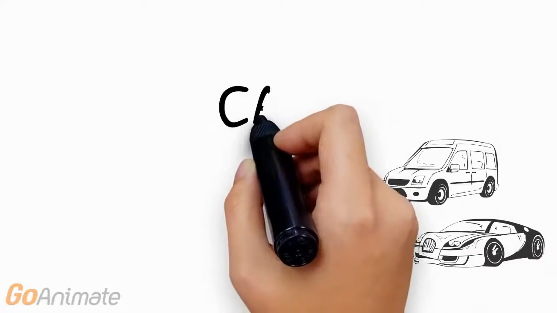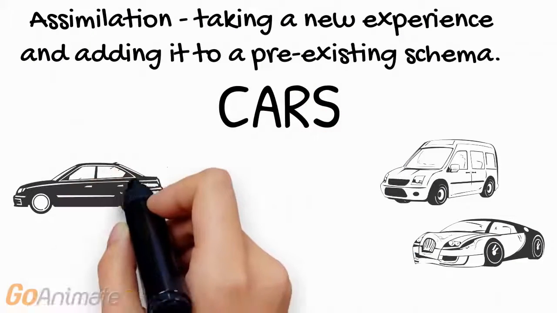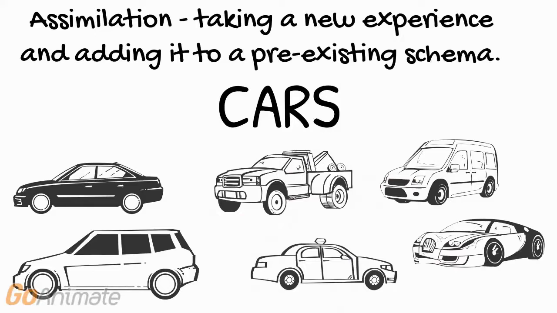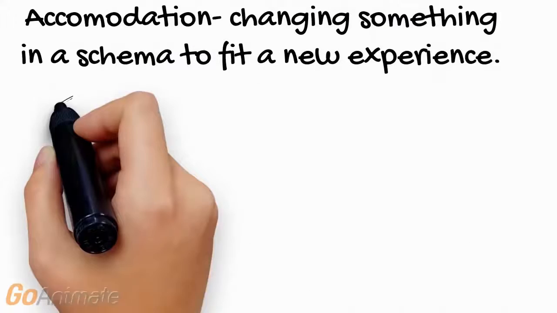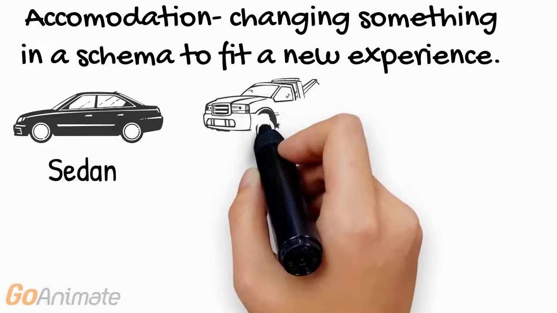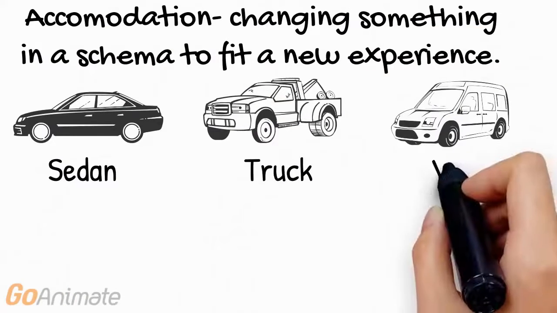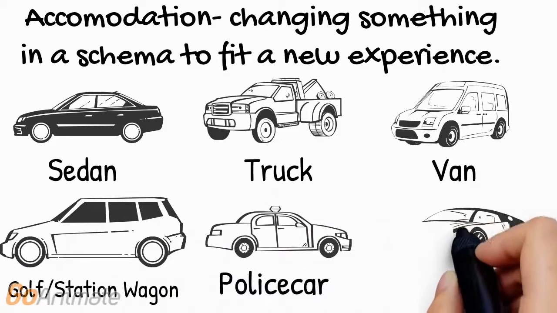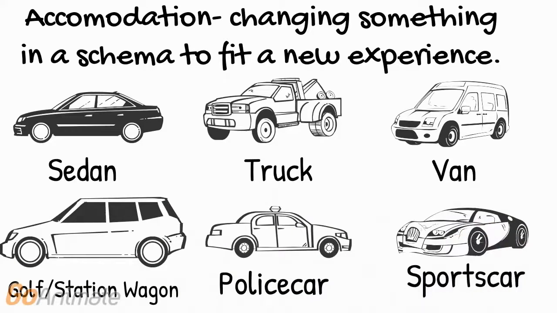Assimilation is taking a new experience and incorporating that into an existing schema. So for example, if you're a child learning what a car is and you see a truck or a van, you might notice that the car, vans, and trucks have 4 wheels, and you may call a van or a truck a car too. The child may learn eventually that a van has a little bit more space than a regular car, and a truck, unlike a car, has a truck bed. When a child learns to differentiate, say, a truck or a van from a car or sedan, the process of changing or altering that schema is known as accommodation.